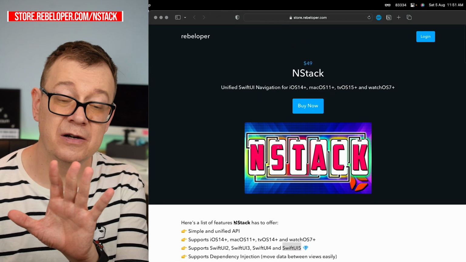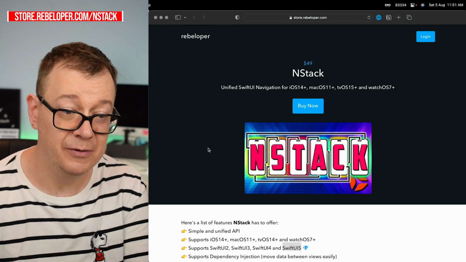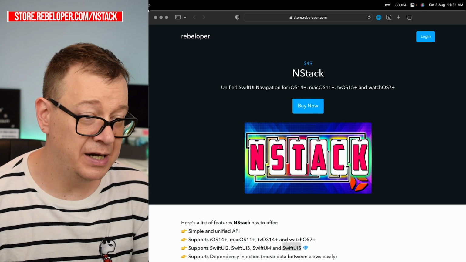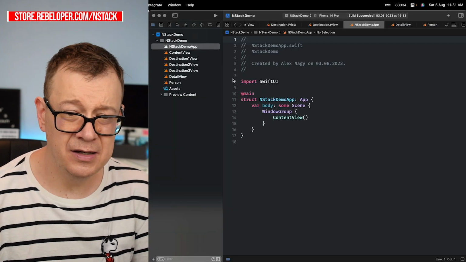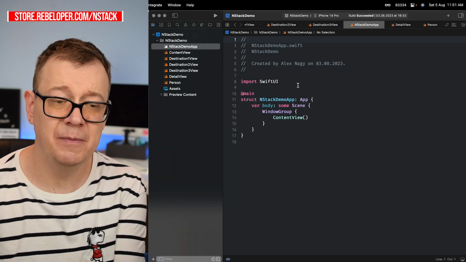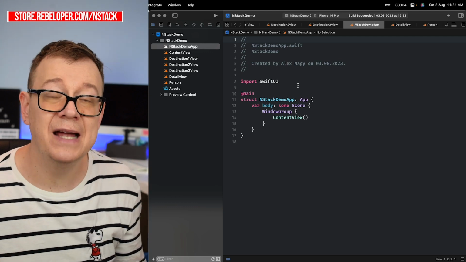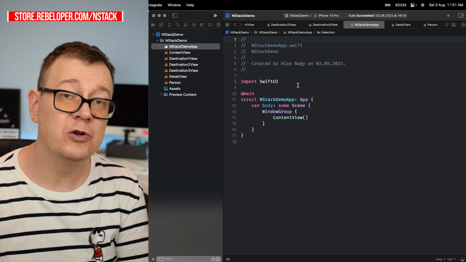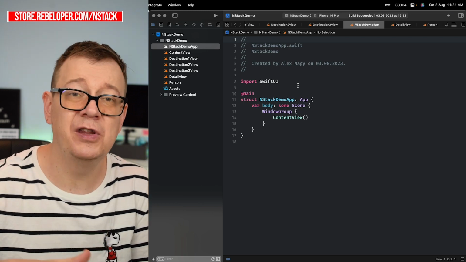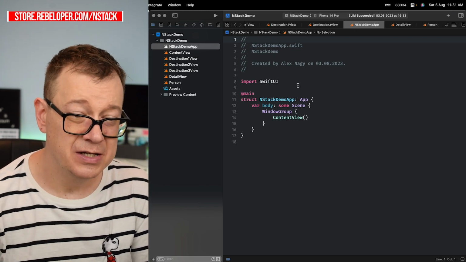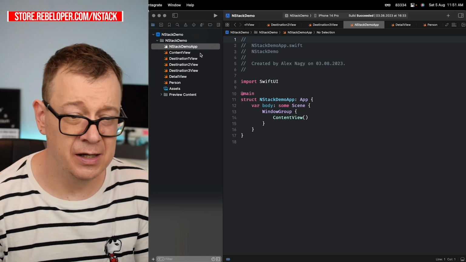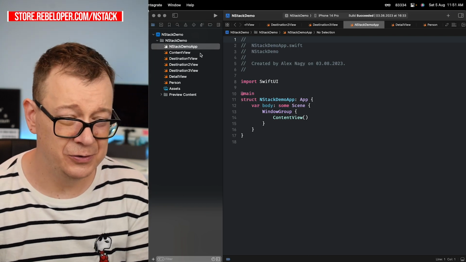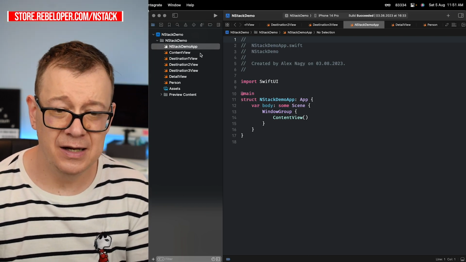So today we are going to do this with a project that I have created here. And currently I'm using Xcode 15 beta. So, you can see that it's actually working on iOS 17, but it also works with iOS 14 plus. Okay. So what we need to do first, before we get into how to add NStack, let's just go through